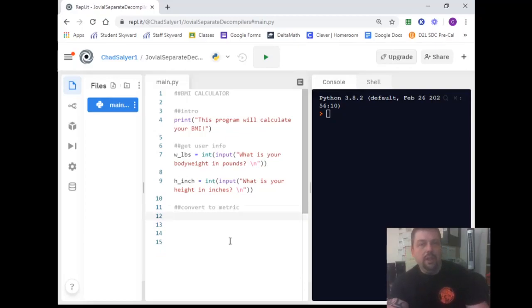So I'm going to take the weight in pounds, and I'm going to change it to weight in kilograms. So let's do weight in kilograms equals, and 1 kilogram is 2.204 pounds. So in order to get that weight from the pounds, I need to divide the pounds by 2.204.